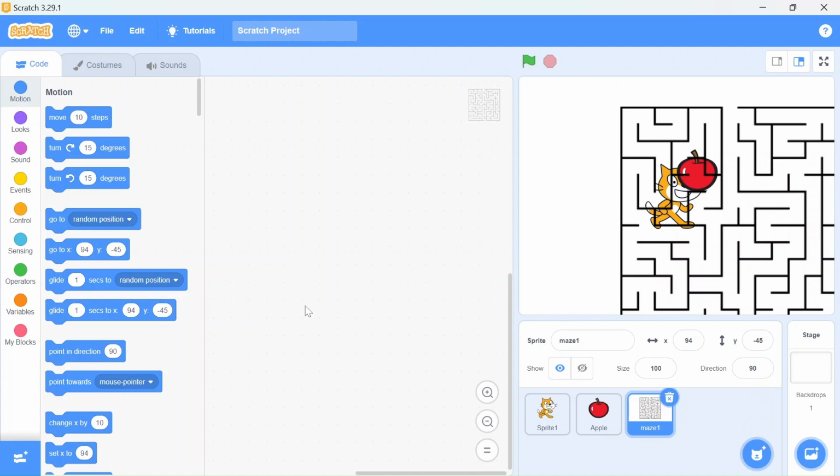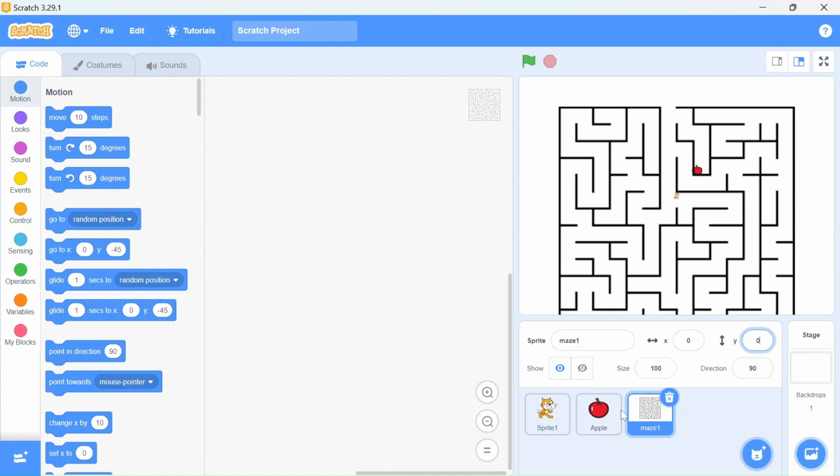First we are going to arrange them. Let's set the size. Here, let's set the sprite's size to 10. The size of the apple will be 25. And here is our maze. We need to set the coordinates as well. It will be 0 and 0.